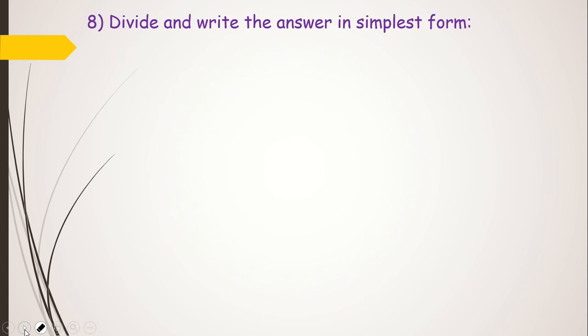Divide and write the answer. Now we saw so far addition, subtraction, multiplication, and now we are going to see the division of the surds. Just one thing you have to remember, that while adding and subtracting we have to keep in mind the like surds. You can add or subtract only the like surds. While multiplying, what we have to do, we have to multiply the number with number, rational number with rational number, and the surd part with surd part. And then whatever you get in surd part, just simplify into the numbers. How do we simplify? Factorize. Factorize in such a way that one number is a perfect square.